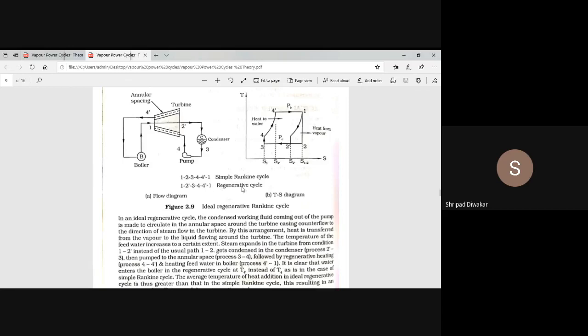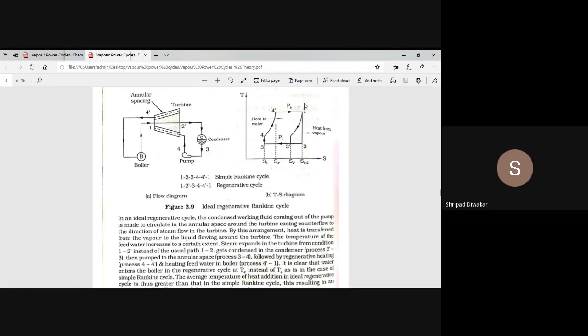Next, how to draw the TS diagram. Okay, as I said, first always you have to draw the normal Rankine cycle. So you see 1, 2, 3, 4, 4 dash or 5 we can show, and then 1. Okay, so this is your normal Rankine cycle. Then how to show your regenerative cycle. Here you have to draw one more line. You are having 4, 4 dash already there, which is the normal Rankine cycle. Here you have to draw a line parallel to 4, 4 dash. In the same way, you have to draw one more parallel line here, and then just drop down. And one more point is there. You have to take this point exactly at the same horizontal line and then drop down.